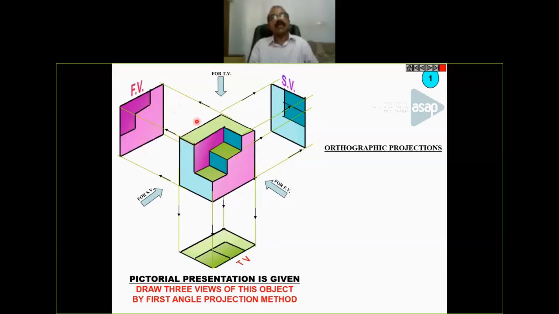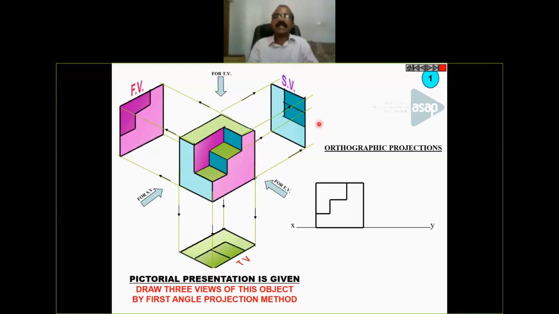Similarly, looking from the top, you can see the green surface. Only this green surface you can see in the top view. So that you have to plot in this fashion. Similarly, looking from the left side of the object, you have to draw the left side view. See, only this L portion and the green portions. These dark green portions you can plot in the side view. See the figure.